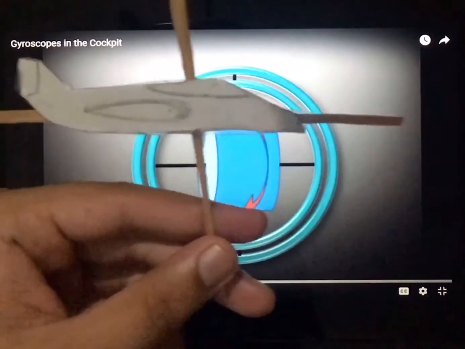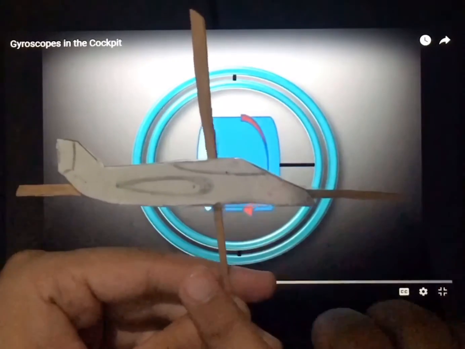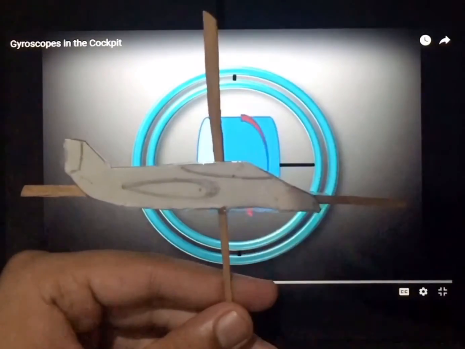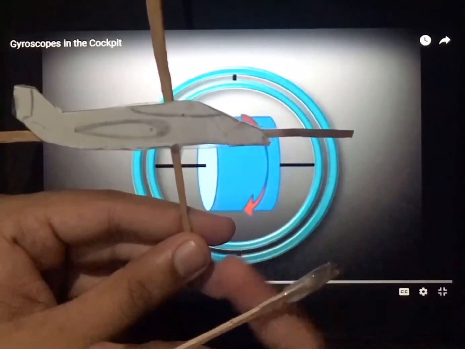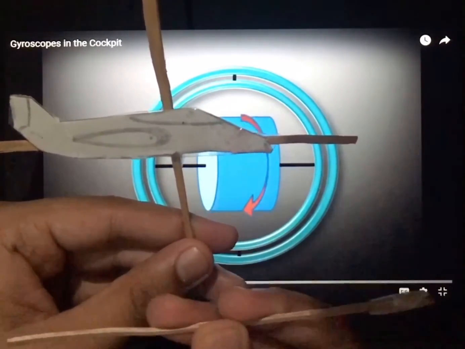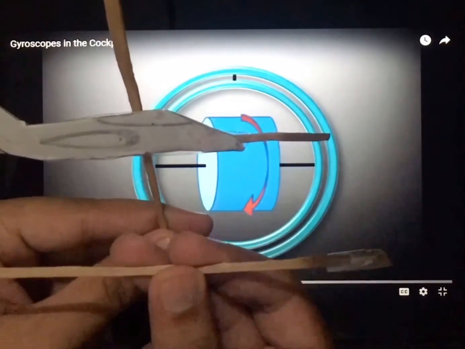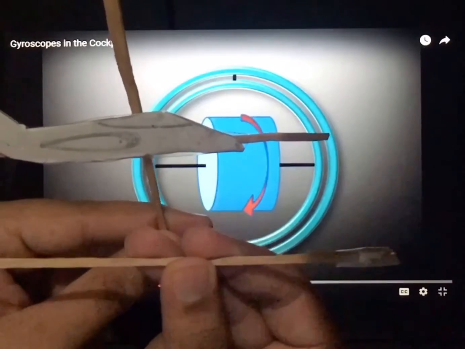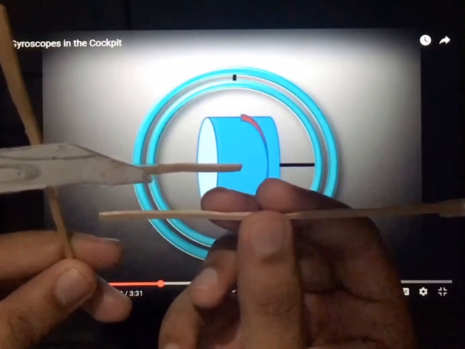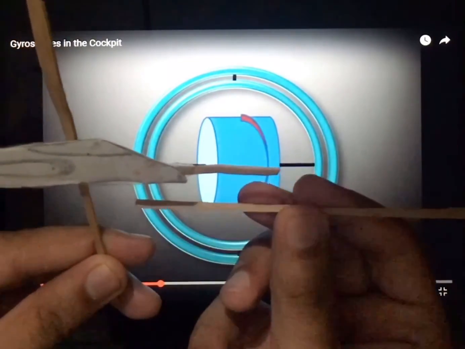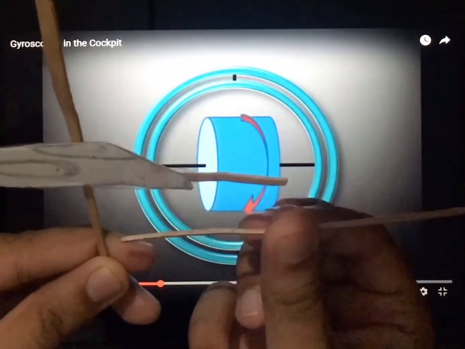I have made this plane cutout for easy understanding. Let's say the aircraft is heading in this direction, and let's say this is the x direction, and the perpendicular direction is the y direction. I have taken another stick with some mass, and let's say this is the wheel axis of a gyroscope of a gyro compass which is used in this aircraft. Now since this is a gyroscope of a gyro compass, the axis is always pointed towards north. Let's say the aircraft is heading towards north, and this is the position. Since this is a gyroscope of a gyro compass, it is calibrated towards north, and it is rotating like this.